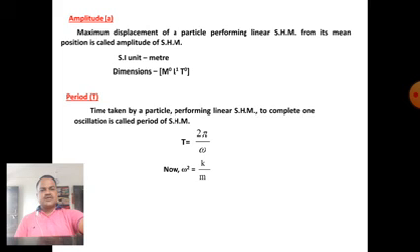But omega is equal to square root of k upon m. We already gave this in the previous article. But omega is equal to 2 pi upon T. Omega is equal to square root of k upon m. So T is equal to 2 pi upon omega, therefore T is equal to 2 pi square root of m upon k. This is the expression for the period of a spring block experiment.